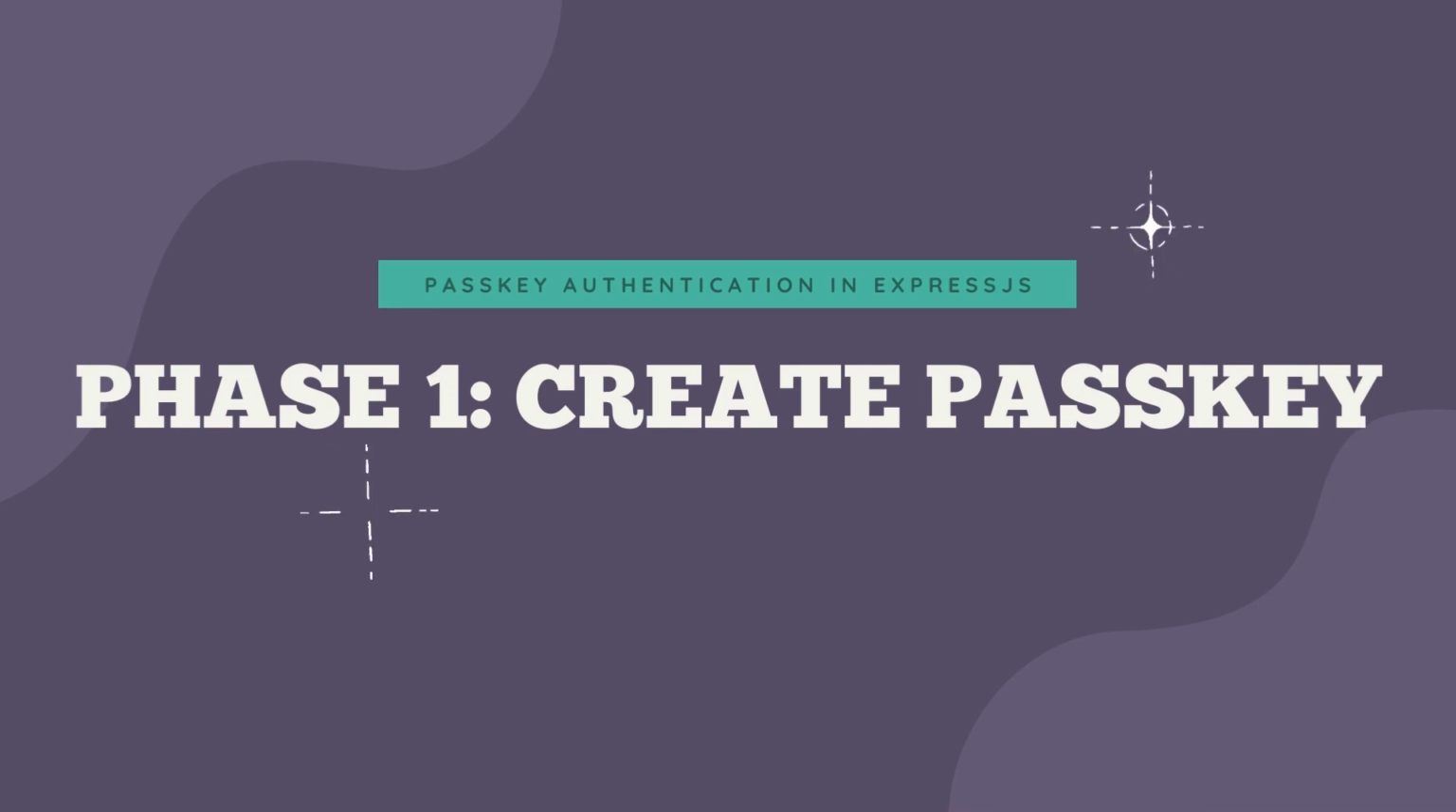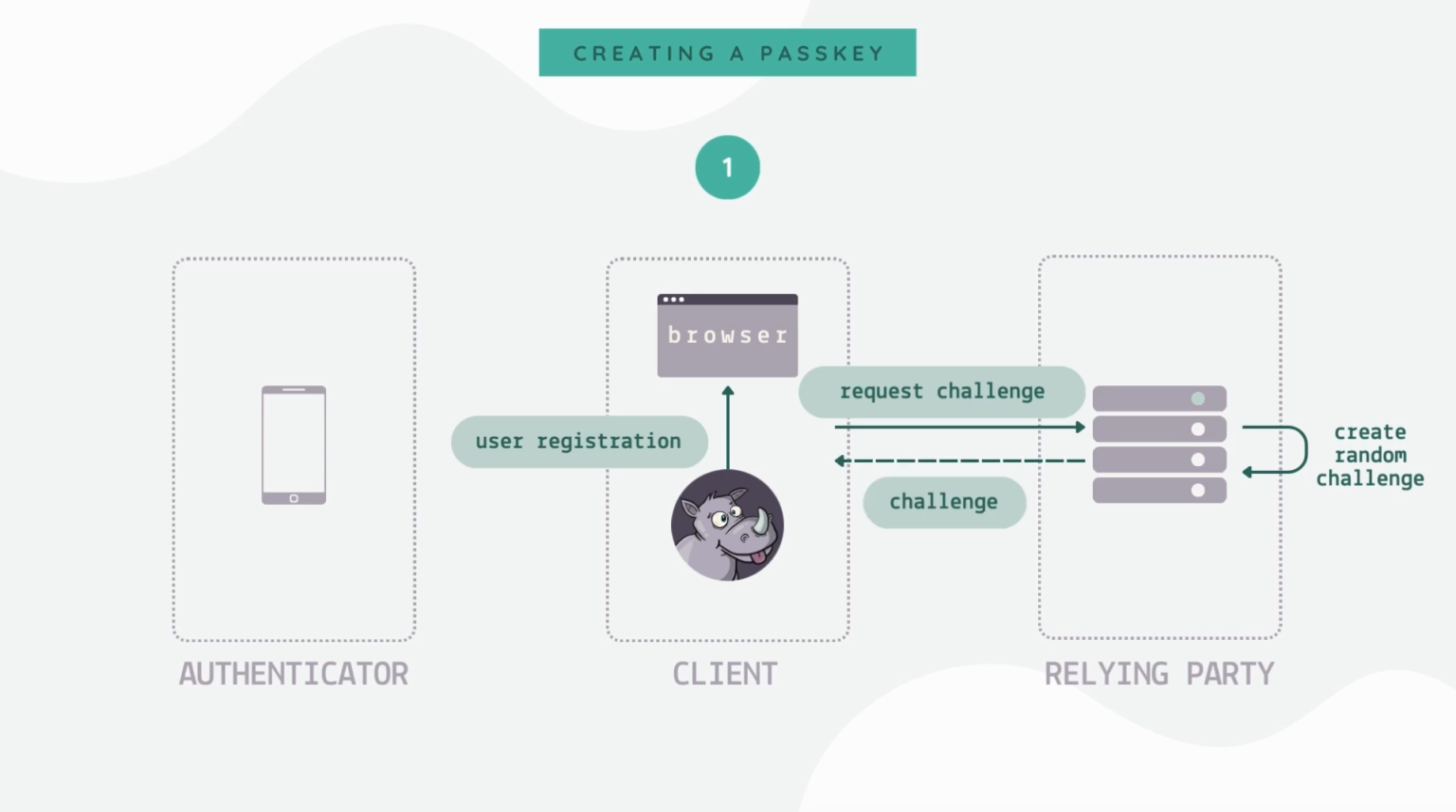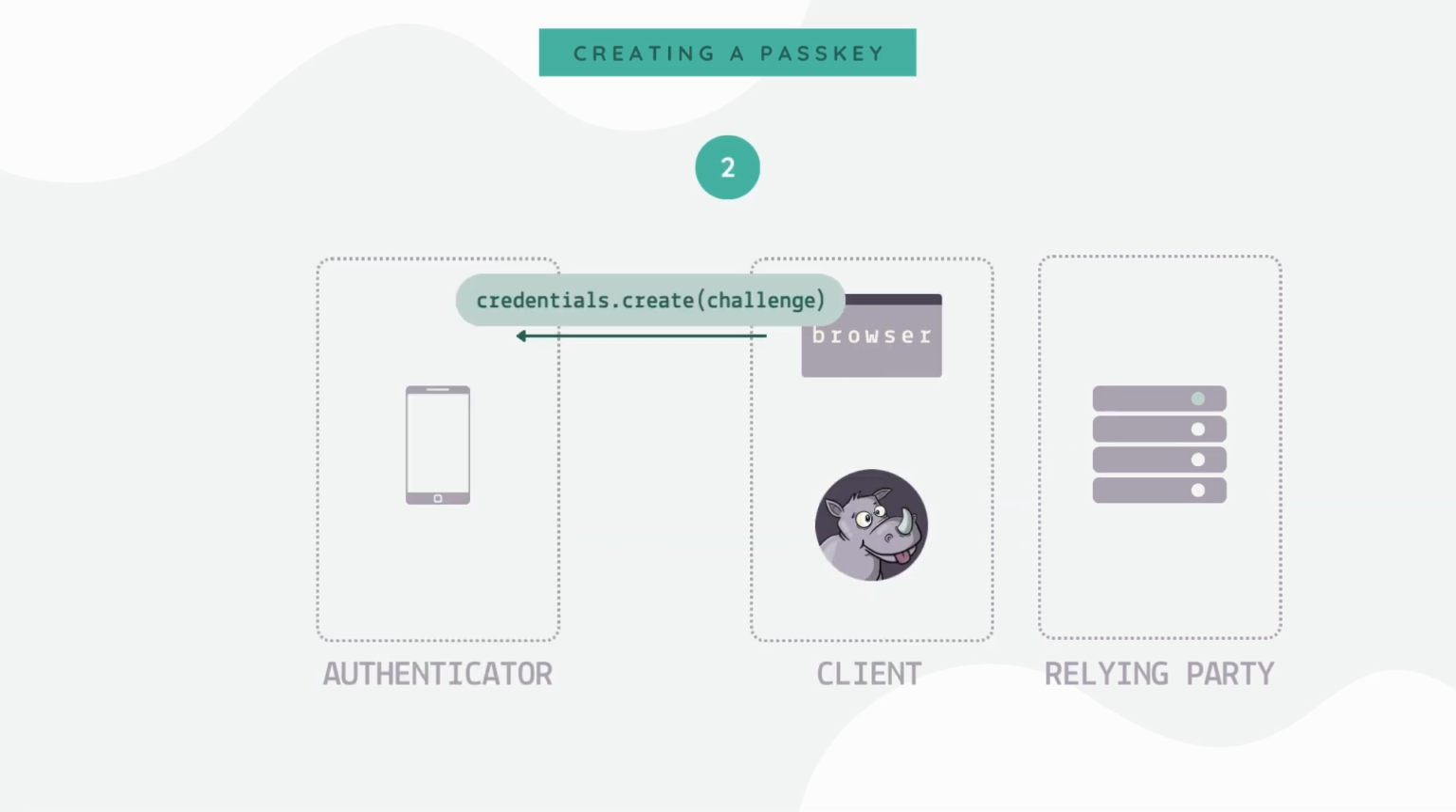Let's implement phase 1, where a passkey is created upon user registration. Before we dive into the code, let's go over a quick summary of the main things that happen between the client, the authenticator, and the relying party. First, the user submits the registration form, prompting the client to request a challenge from the relying party. Secondly, the client calls the